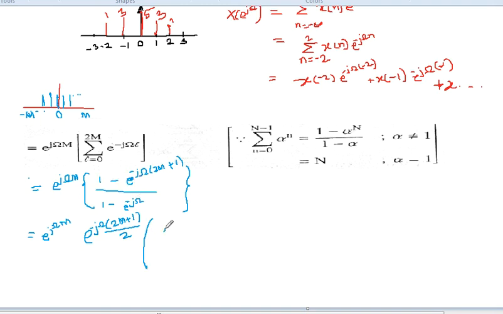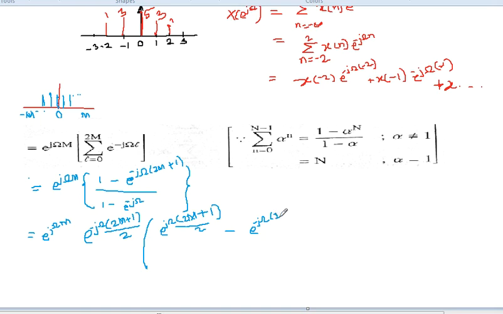So here this becomes, as 1 is there, we have taken this common, means this gets divided over there. So it would be e to the power j omega (2m+1)/2. Then minus, as we have taken half of this value outside, the same value remains, e to the power minus j omega